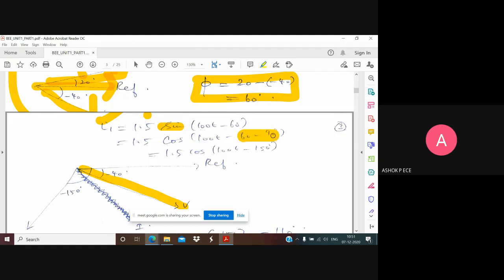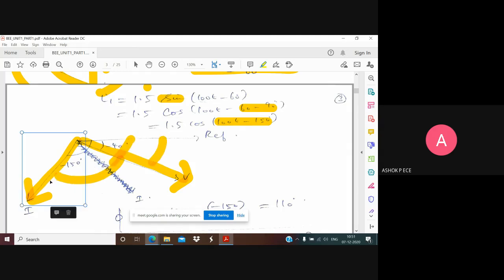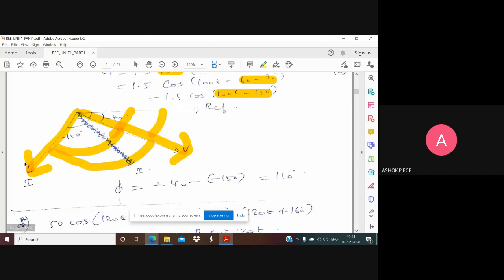And these two are numbers I can add. So 1.5 cos 100t minus 150. So now I can draw the waveform for I1. See, I1 is minus 150, meaning that I should draw I1 also below the reference because the angle is negative. This is your minus 150 and this is your minus 40. So what is the phase angle between the two now? This total angle is 150. This angle is 40. So the remaining angle has to be 110, right? So if I measure from V to I, the angle will be 110. If I measure from I to V, the angle is going to be minus 110. So the phase angle depends on which direction you are going to measure.